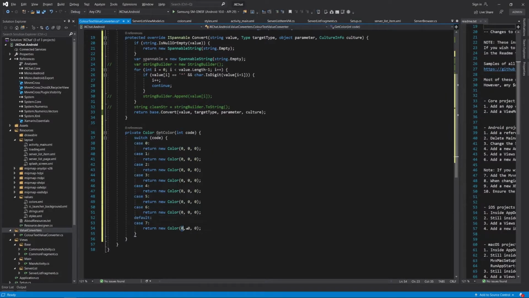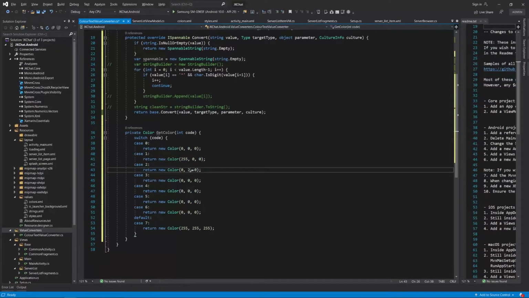So white is all components full, maximum byte value. 1 is red, 2 is